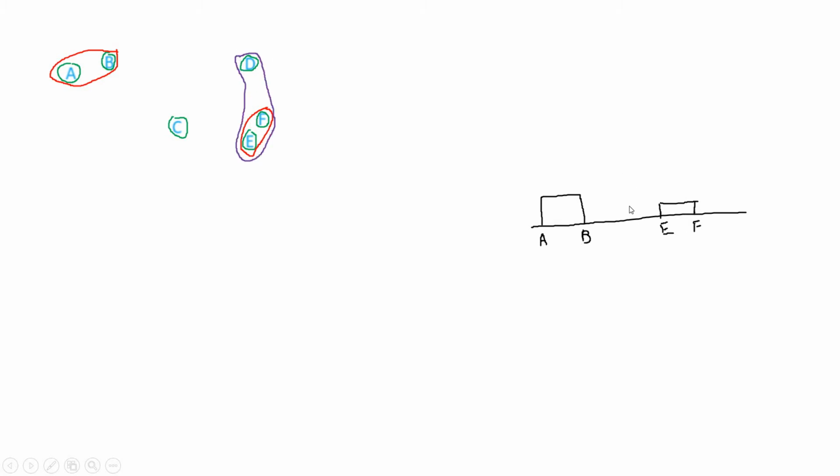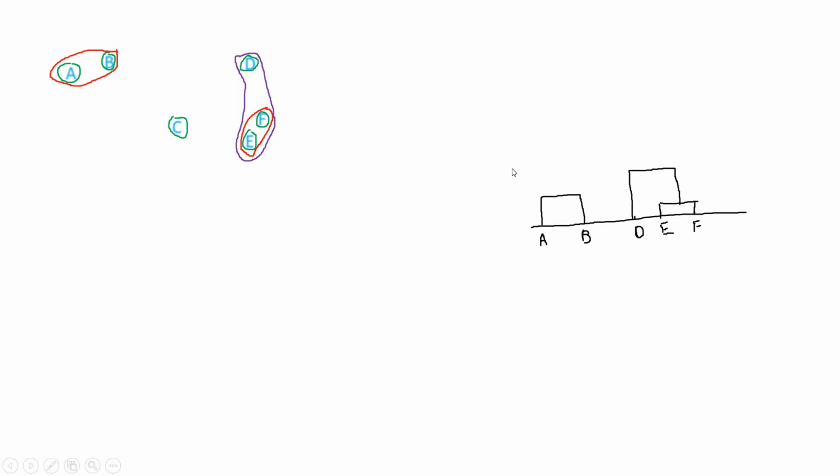Now what we will be doing is updating the dendrogram. This particular figure is called a dendrogram. So for D, some points are there which we will link with E and F. We can link like this, and it is quite clear why I have chosen the height like this: the distance between D and the EF cluster is more than between A and B. I have just taken some particular height greater than that of A and B, but if you are writing code or drawing accurately, then you must keep this height equal to the actual distance between this EF cluster and D.